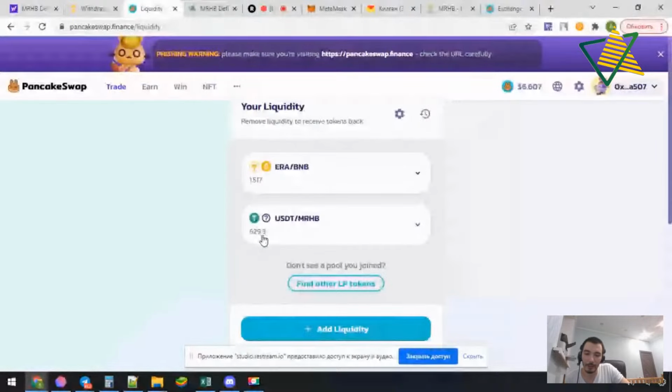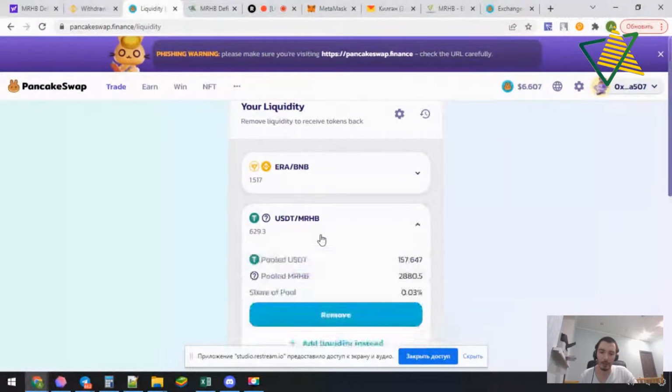629 LP tokens. LP tokens stands for liquidity provider tokens, and there is a formula for how to calculate it. If you want, I will share with you in a chat in Telegram how to calculate it.